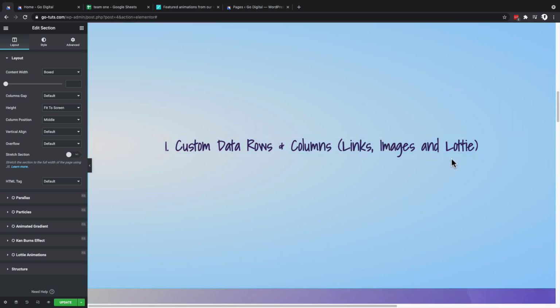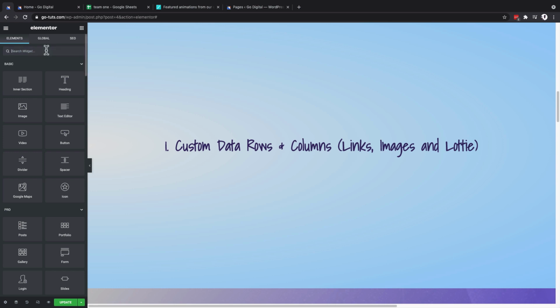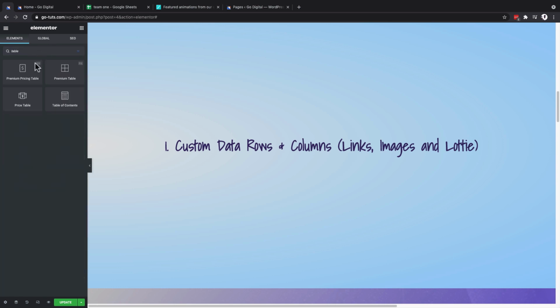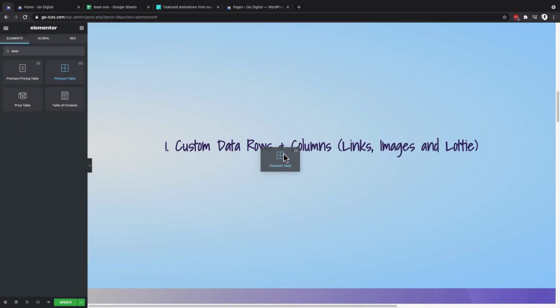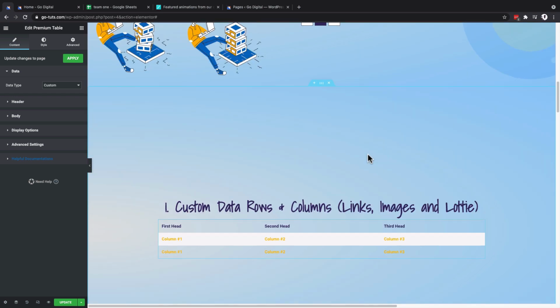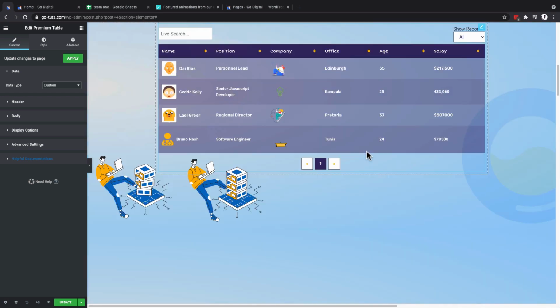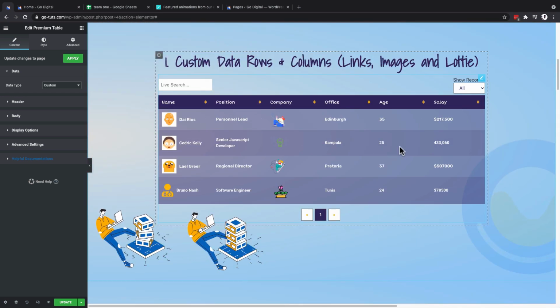Then I simply delete the table that I had already created. I'll come over here to the widgets and then search for the table widget. And I have this option over here that says Premium Table. I'll simply drag it to my canvas. Okay, there I am. Next, what I'm going to do is simply add this data over here,